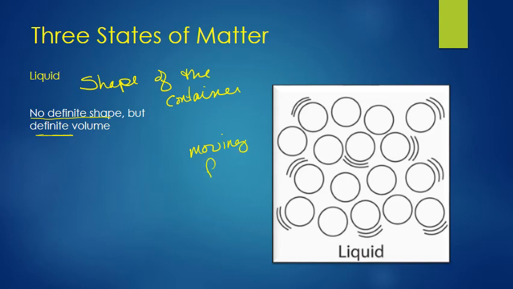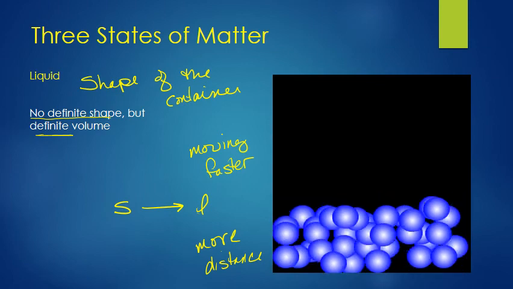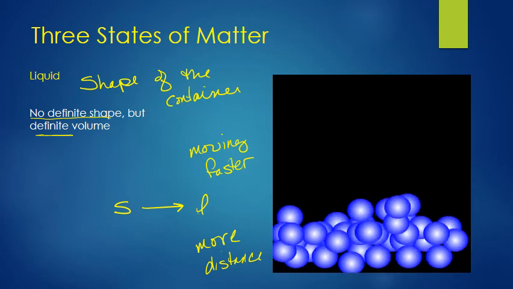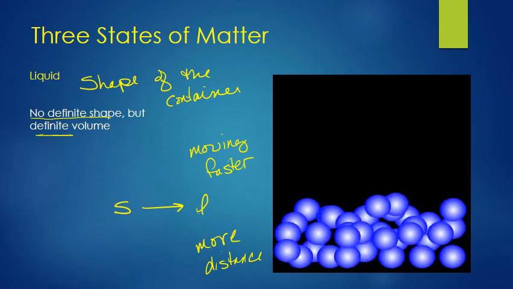Typically, they're moving faster. So the atoms in a solid are moving slower than the atoms in a liquid, provided it's the same substance. You've got to compare apples with apples. You can't do apples and oranges. It's got to be apples and apples. So they make sure that they are the same substance, and then of course the liquid's moving faster. And look, there's more distance between the molecules. There's more distance than there was in a solid. They're a little more spread out. I like to think of them as behaving like bees in a beehive where they're all moving and grooving on top of each other. They're not in those fixed positions like you saw in a solid.